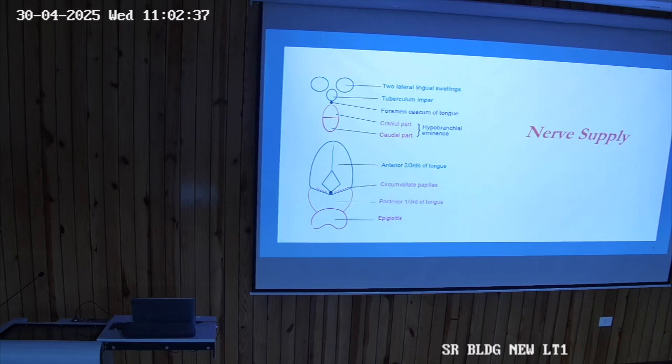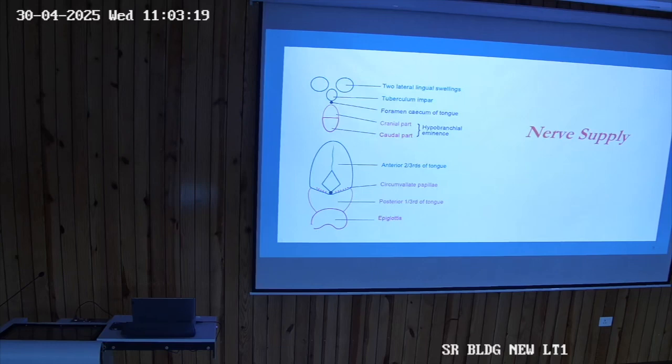Anterior to this, what are those papillae which are present anteriorly? There are 8 to 10 papillae in front of this sulcus terminalis. Large papillae are there, large taste buds. Circumvallate papillae. See, circumvallate papillae, these are present basically at the posterior 1/3 part, along the sulcus terminalis. But taste sensation from here is not supplied by